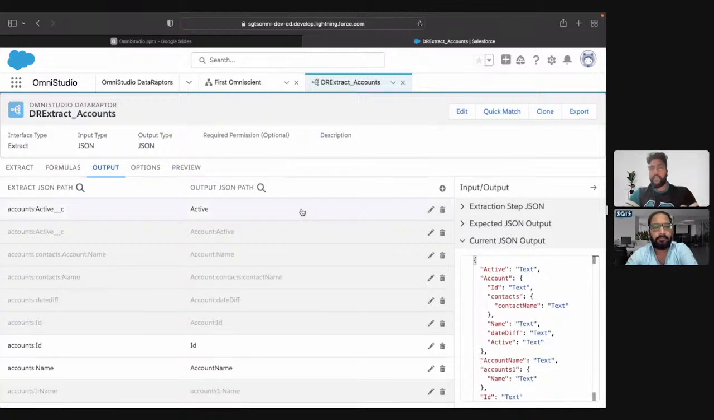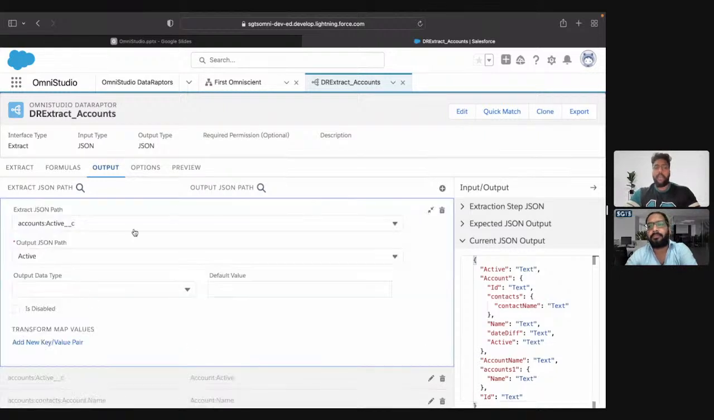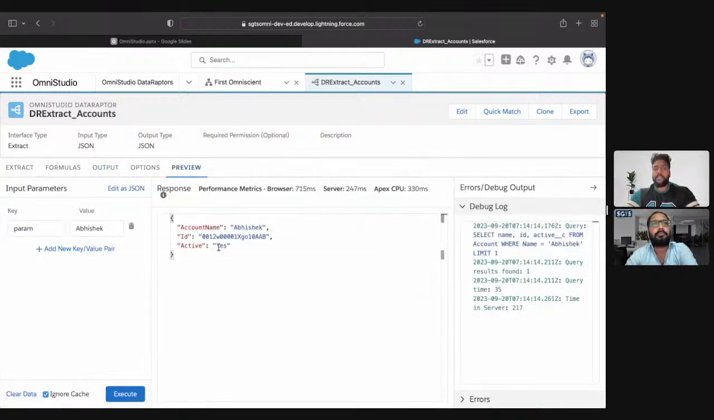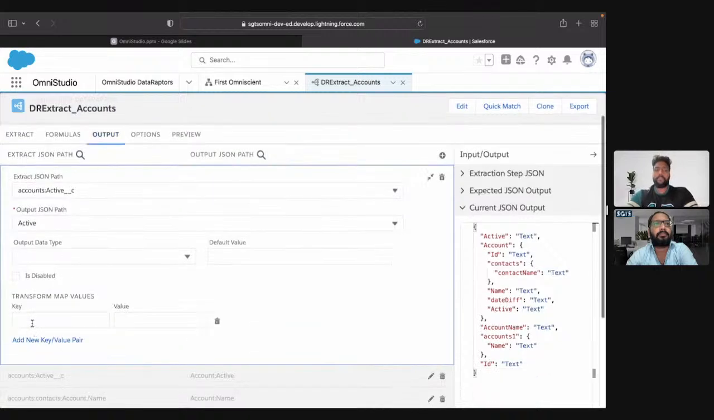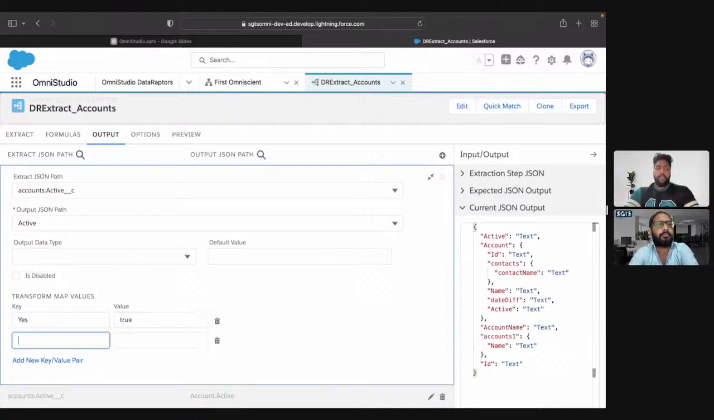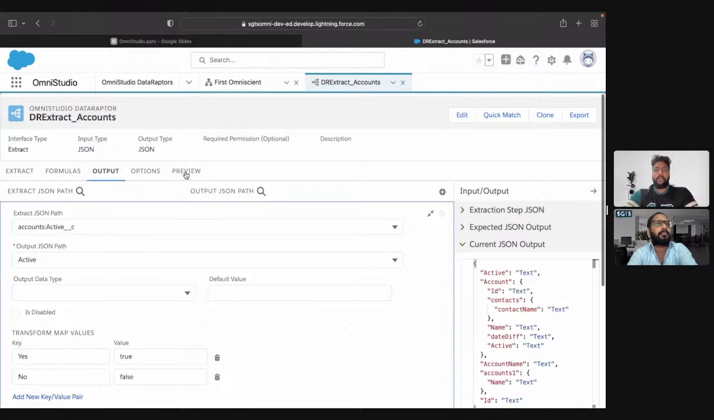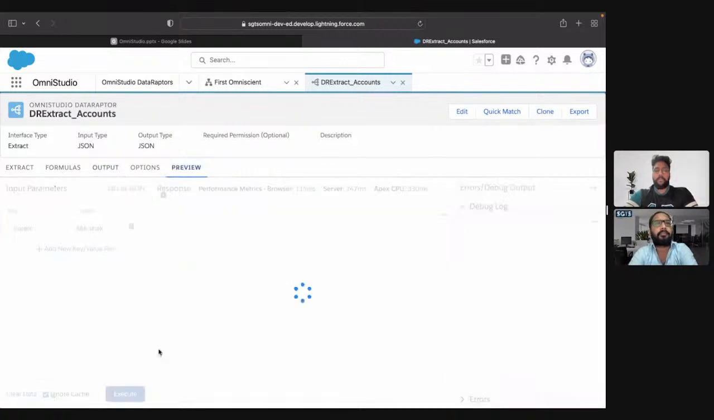If folks have been practicing on DataRaptors, and I want to convert this yes as true and no as false, what I can do is, in the active field, create some transformation. This will be coming as true, and this will be coming as false. Okay. And now if I go to preview and click execute,